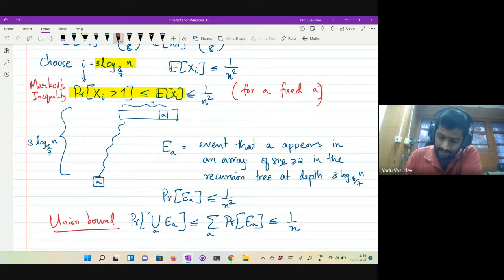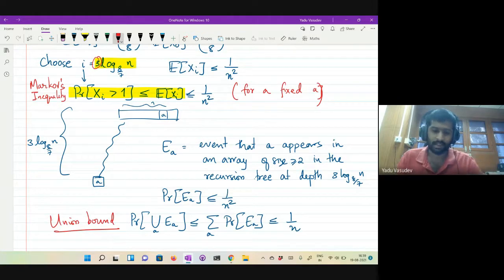So basically, this union bound dictates the choice of this constant here. This constant's choice was dictated by that union bound. For instance, if I had put 2 in there, then what I will get is something like 1 over n. And then if I do a union bound, it does not tell me anything. It will just sum up. So the choice of the constant there somehow is dictated by the way in which the union bound is going to be applied.